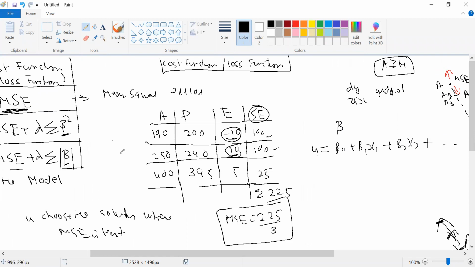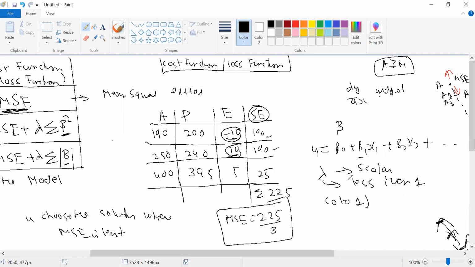What is mod beta? Again, remember, the beta value can be minus also. The slopes can be minus also. But you are ignoring the minus sign. You are taking the mod beta. You are taking the mod beta. Now the only question is, what is lambda? Lambda is a scalar. It is a scalar, but normally less than 1. It is normally between your 0 to 1.